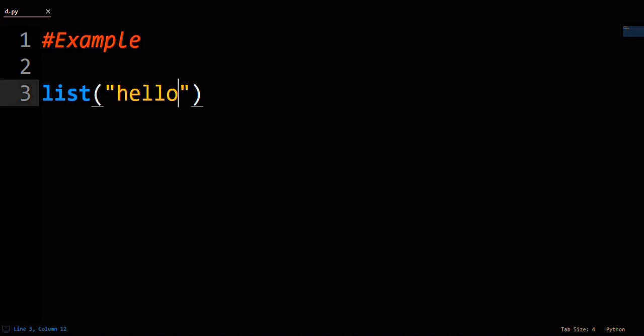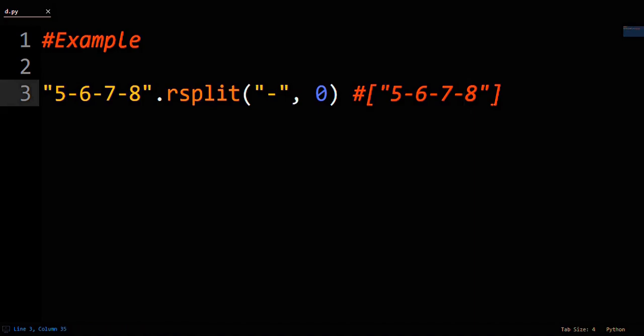Finally, we get to the big difference between RSplit and split, that being how they handle the optional second argument, that being the number of splits. Let's take 5 through 8 separated by dashes. 0 splits still works the same as RSplit, it just returns the original string in the list without doing any